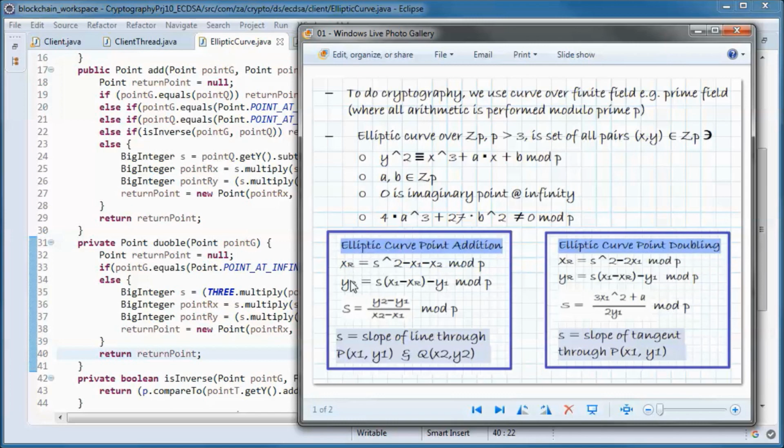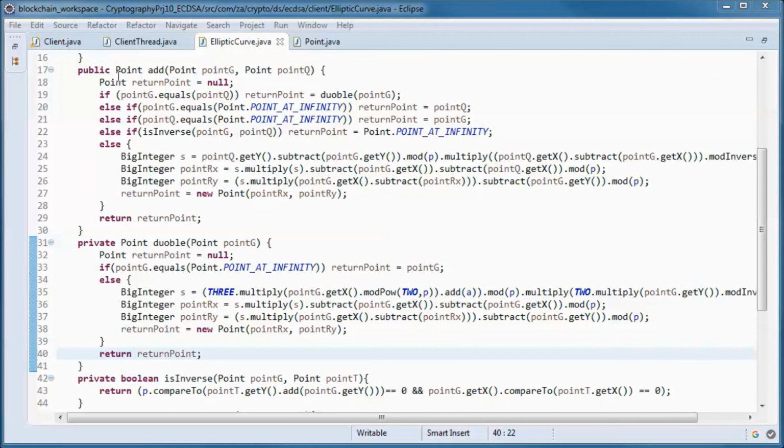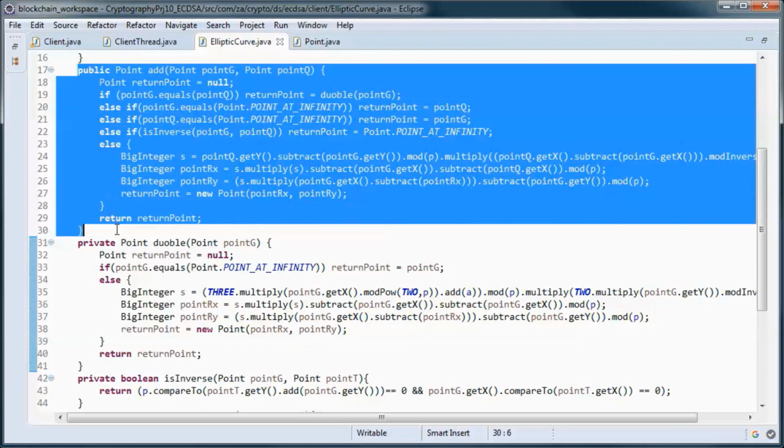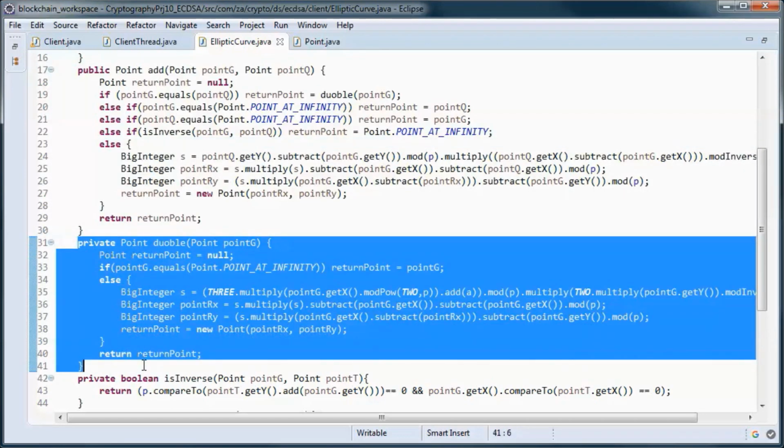So the x and y coordinates and the slope. And we implement the addition equations here and the doubling equations here.